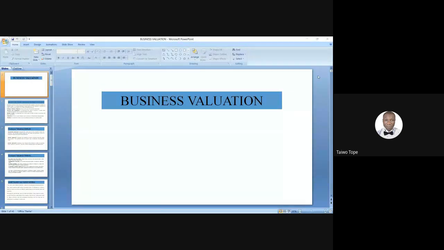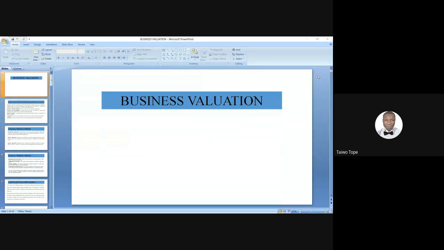As far as you're in this class, you're an accountant, and very soon ACA will be attached. And I know I have auditors in this class. When you go to audit your clients' books of accounts, how do you determine their net worth? Can I get a response to that? Because these are what this topic is all about.